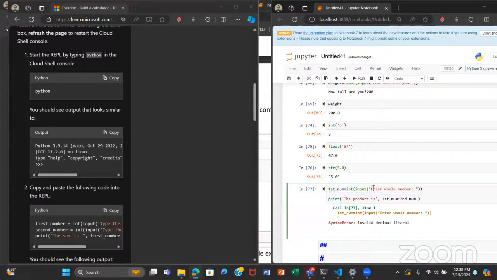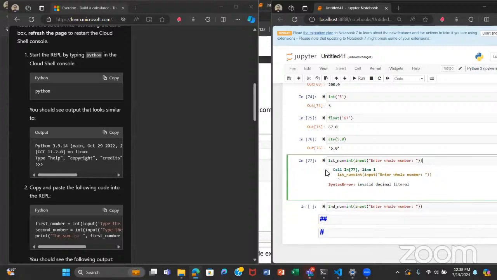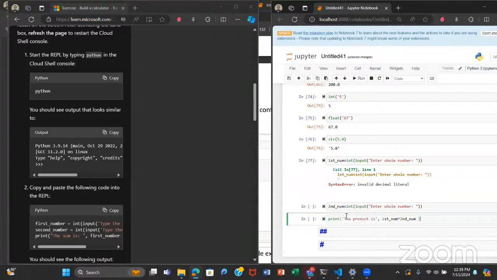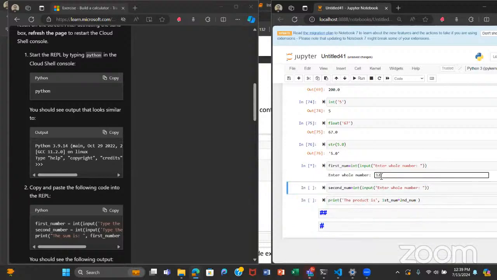Let me do this on different lines. Because of how Jupyter works. Okay, yeah, this was a mistake by me. Sorry, you cannot start a variable name with a number. That was what was causing the error. Forgive me. So yeah, enter the first number,